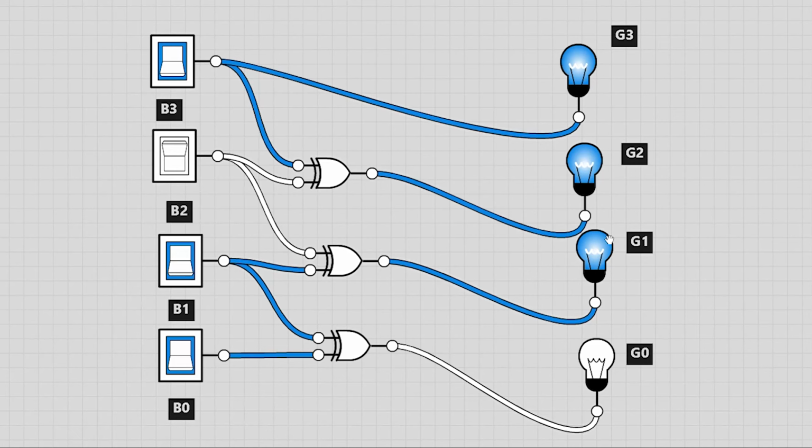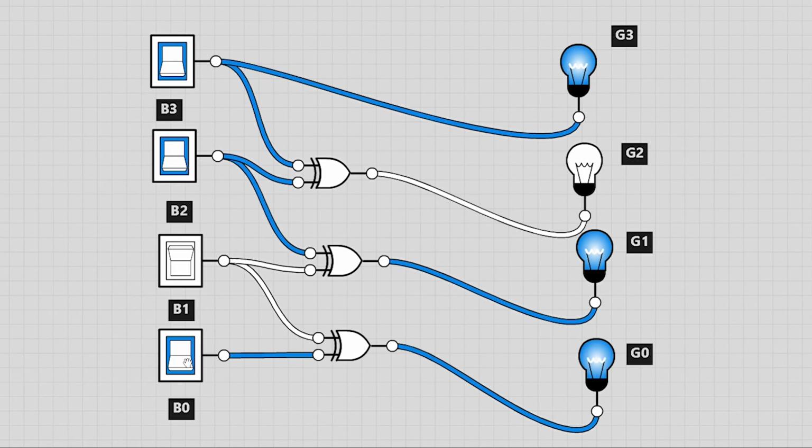G0 is deactivated, G3, G2, G1 are high. All the inputs are activated. Now B1 is deactivated and B0 is also deactivated. G3 and G1 are high. B0, B3, B2 are high, G3, G1, G0 are high, G2 is low. Now B3, B2 and B1 are high, and G3 and G0 are high. All the 4 are activated. G3 is high, others are low.